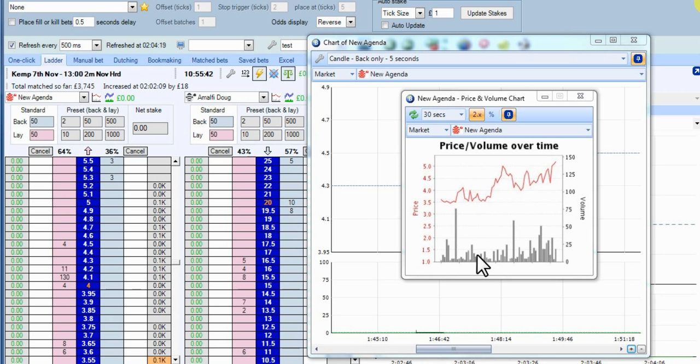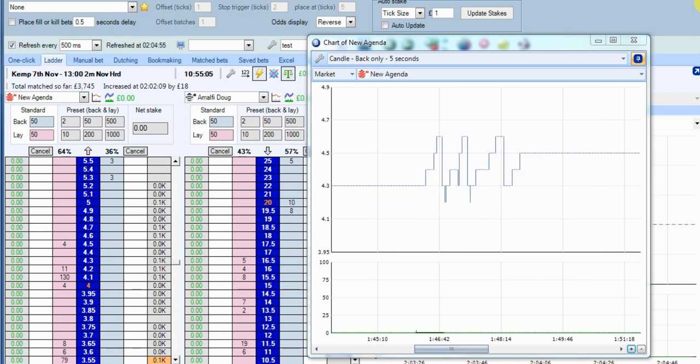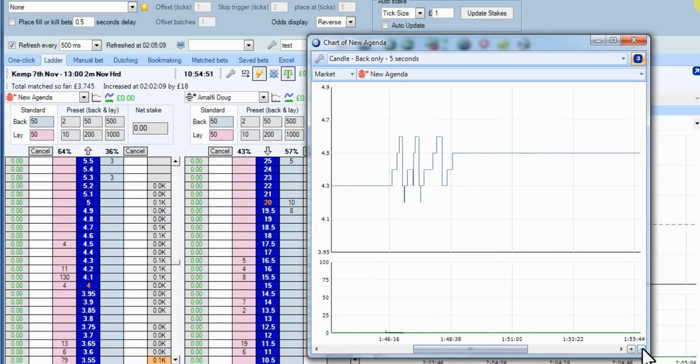So just to clarify, when I turn my BetAngel software on for the day, the first thing I do is obviously load the first race for the day. The next thing I do is check the price of where the current favourite is, and then I bring up the candle chart and I zoom in to see where the first price was. I look at the lowest point, the price point, I look at the highest price point, and then I see